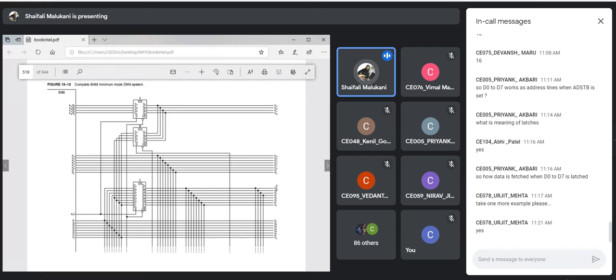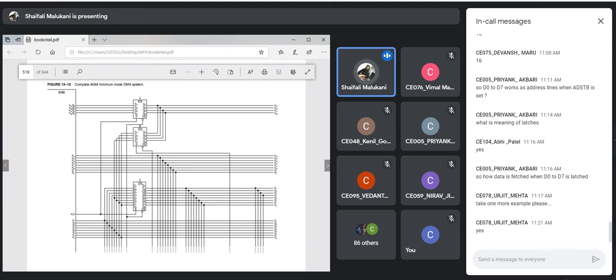Now, from where do these A0 to A7 come? These are your output address lines, A0 to A7. This is from 8086, the demultiplexed lines of 8086. In 8086, we have multiplexed lines AD0 to AD7, right? If you are not doing anything, they act as D0 to D7 data lines. Otherwise, A0 to A7 is given as input to this latch. So whenever this is enabled, whatever the input is will appear as output here.